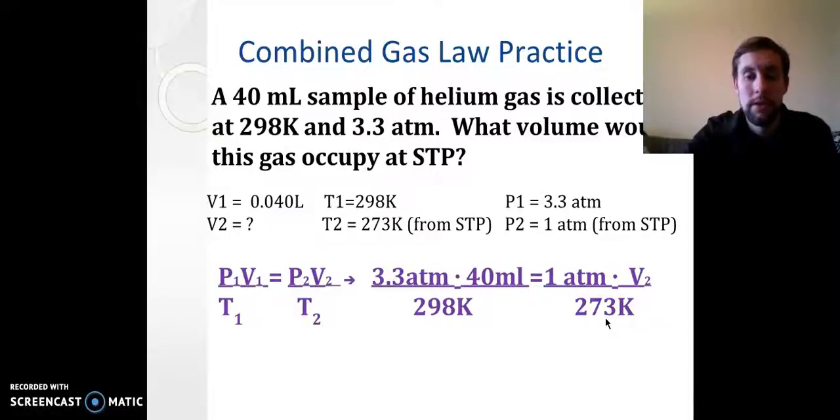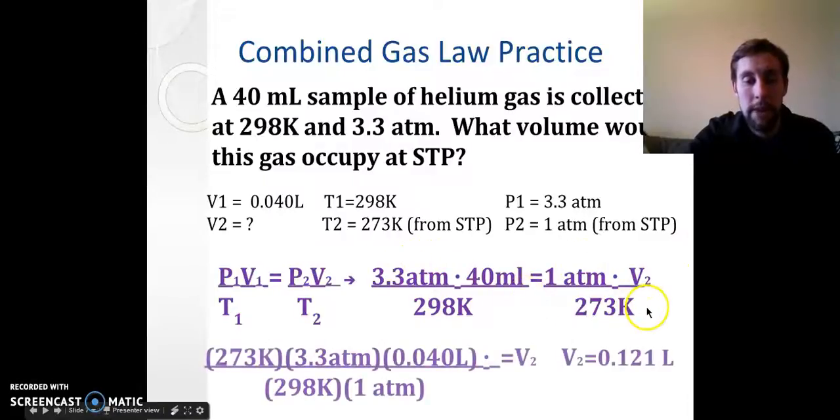Volume 2 is what we're solving for. So we've got 5 of these. To solve this, we have to get volume 2 by itself. It's not too bad since volume 2 is on top. We're going to have to cross multiply in our next step. So when we cross multiply